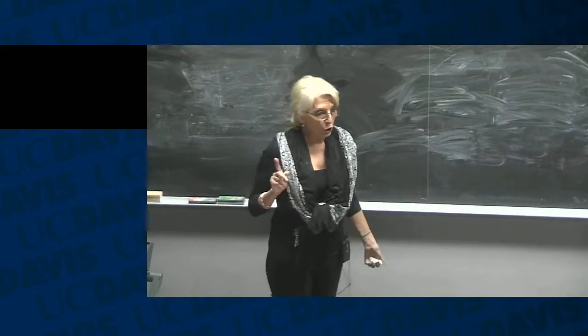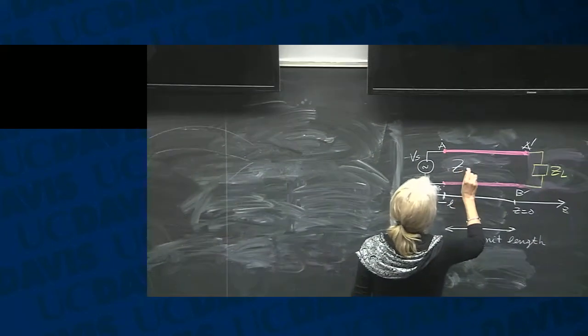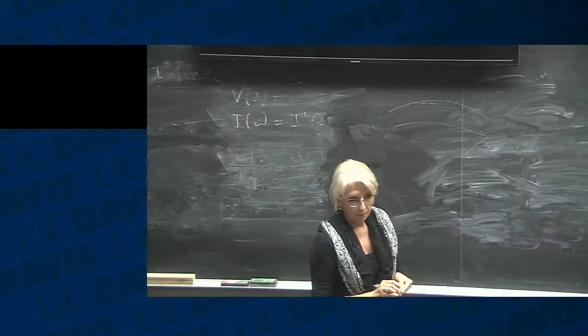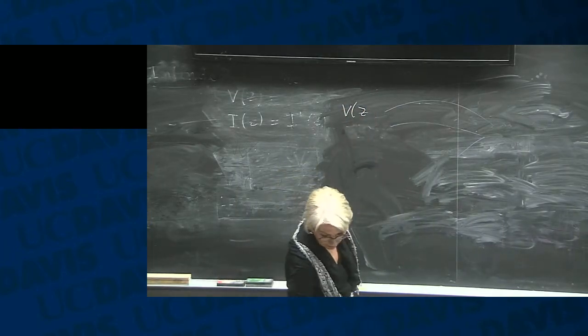If I don't give you the value of Z naught, that implies 50 ohms. If it's not 50 ohms, I will give it to you. All right? But at this point, I will say you have Z naught and beta, and we now want to solve this problem. What do we know in this problem? That V of Z, as you can see here,